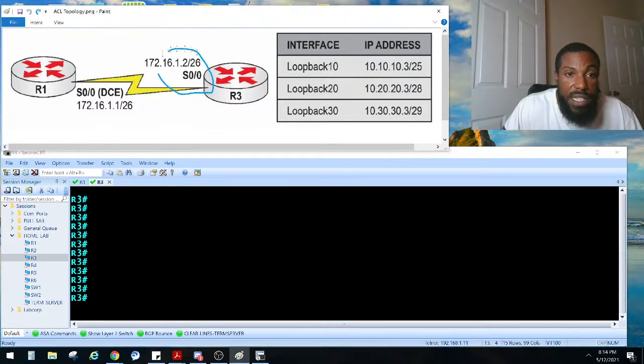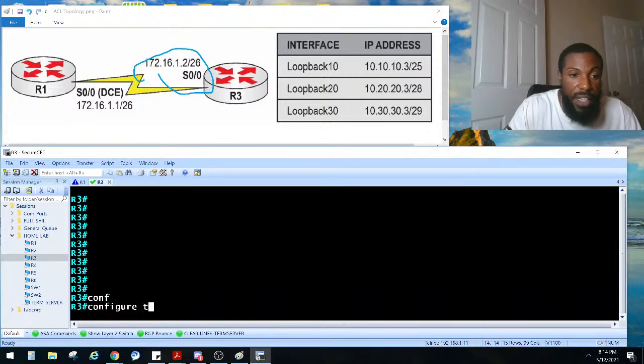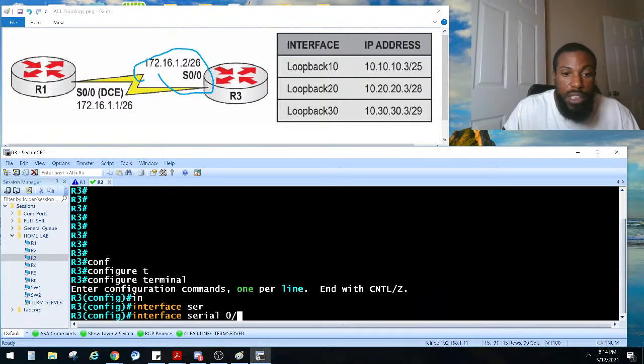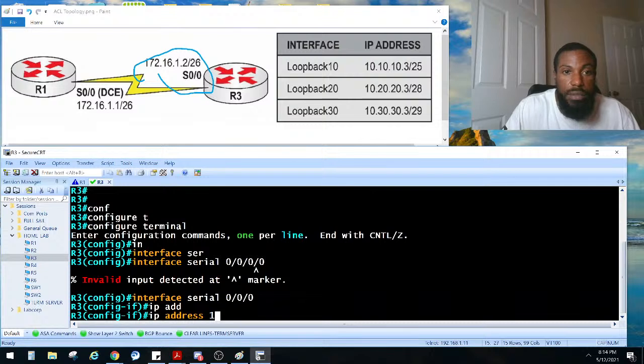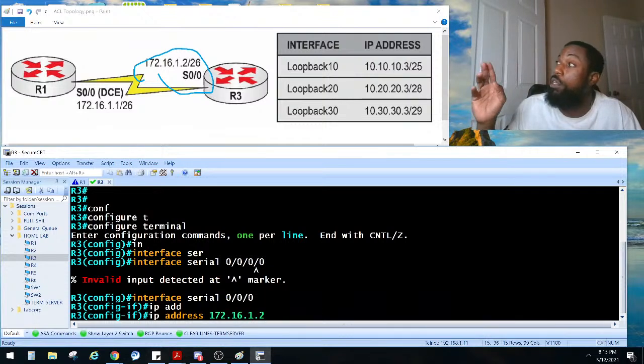Configure this interface, right? Go to global config mode. Interface serial 0/0/0. IP address is 172.16.1. I know I said I was going to stop doing these IP addressing because this is the easy stuff, right? But just in case there's some new people in here that don't know how to do that or whatever,